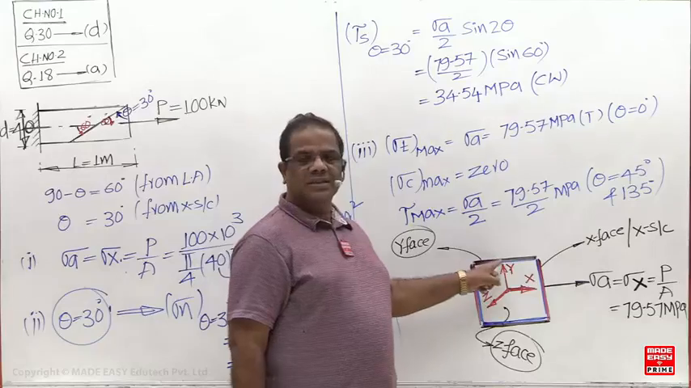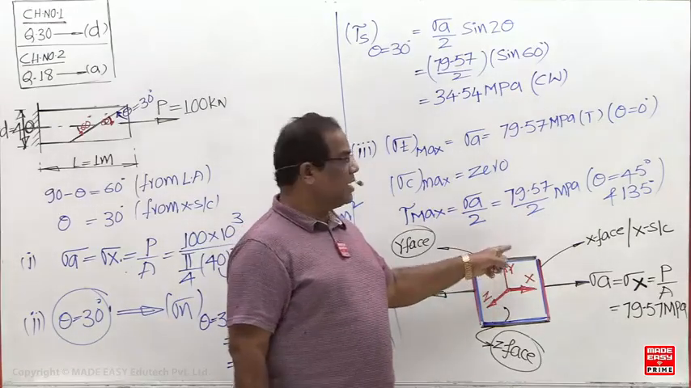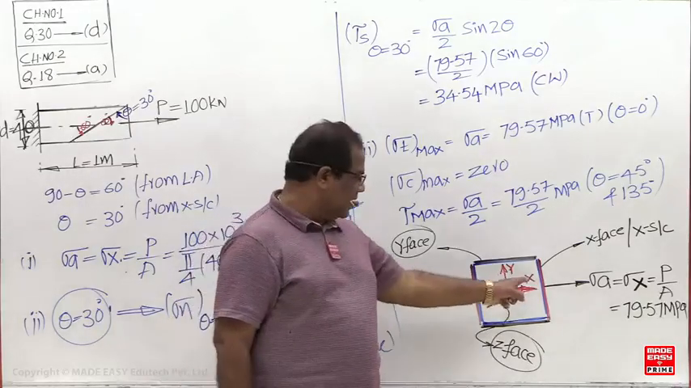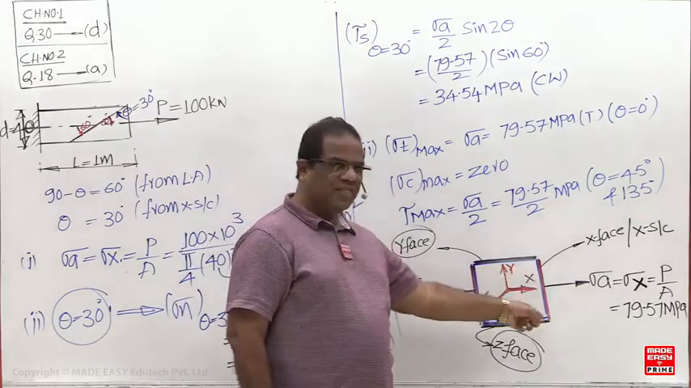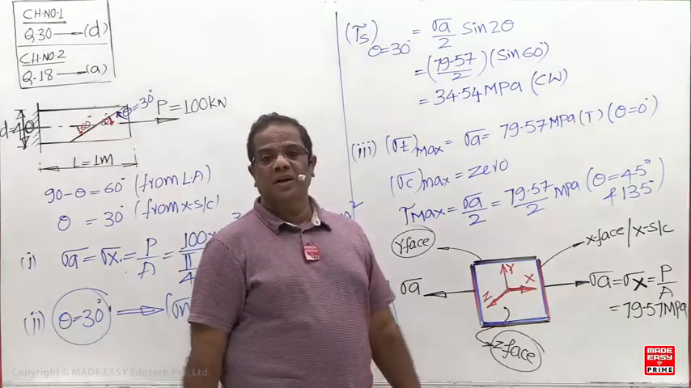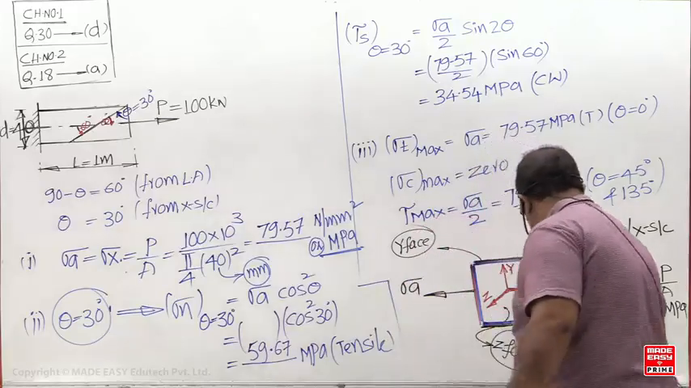On this face, how much stress is there now? 0. On this face, how much stress is there? At what angle? The maximum normal stress is obtained at an angle of 0 degrees. Theta is measured from the X face or cross section. At an angle of 90 degrees, what do you get now? 0. So this figure is representing